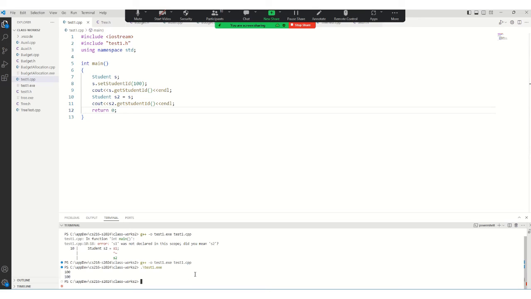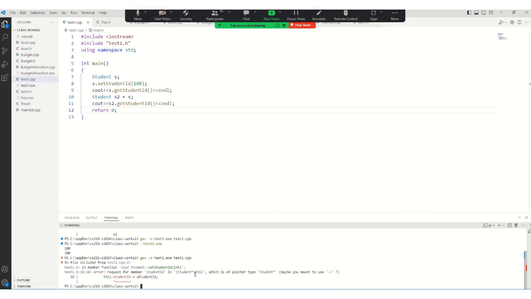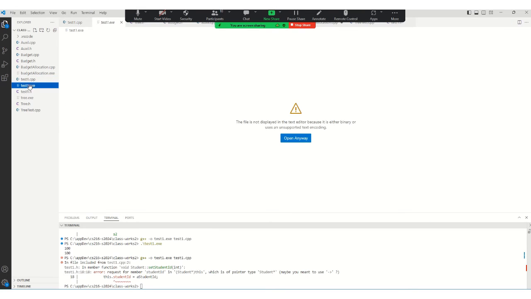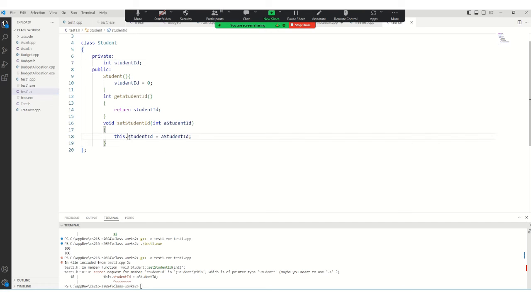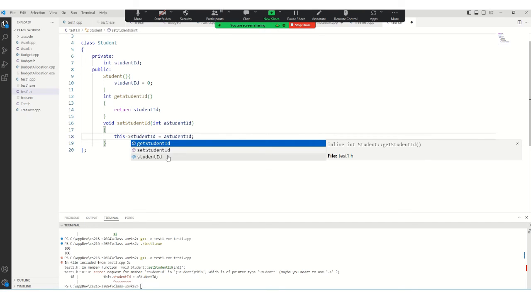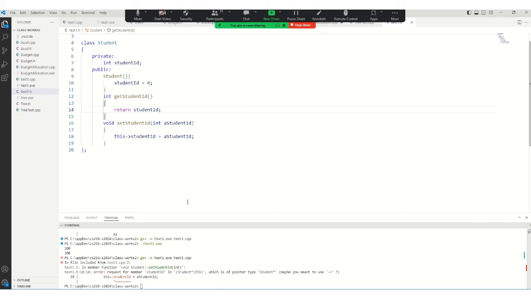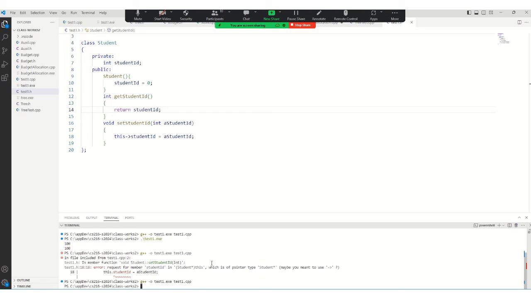But if you compile it, there is a problem. Student ID, this, which is pointer type student, maybe you use this one. Oh, maybe we have to use that way. Just a second, let's go over there. What is going on? Test.h, test1.h, I'm trying to find out here. So maybe you can do this. If you now try to compile it, it will compile. And if you run